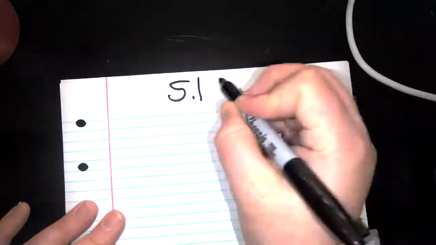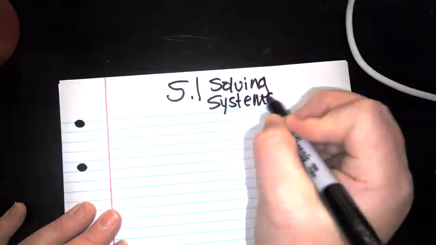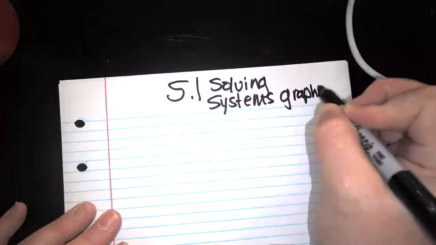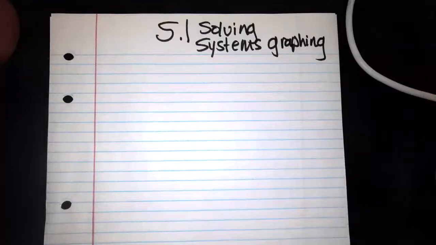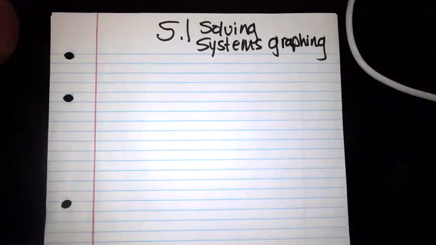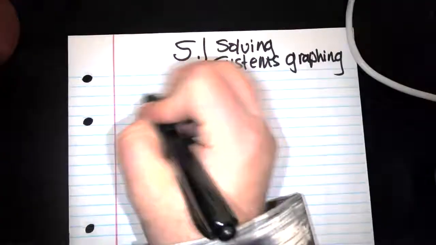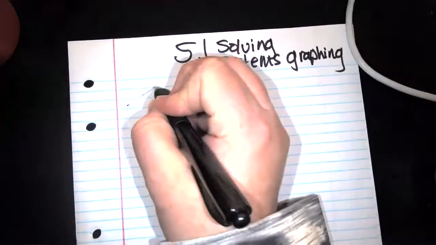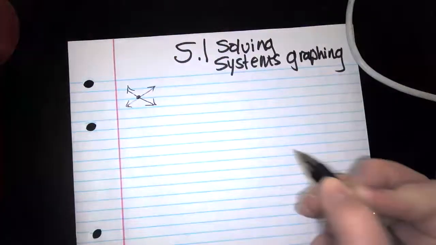All right, 5.1, solving systems of equations by graphing. Right away, we're going to be doing systems, which means you're going to be doing more than one equation. And when you do more than one equation, we're going to see where they intersect. We could have a few different scenarios. So two lines can intersect